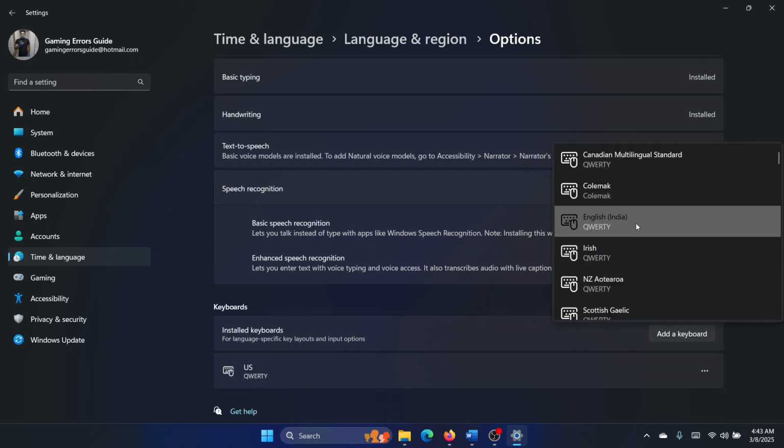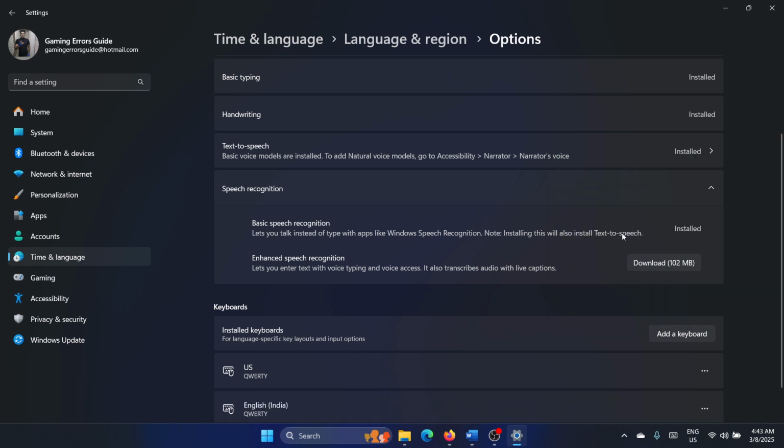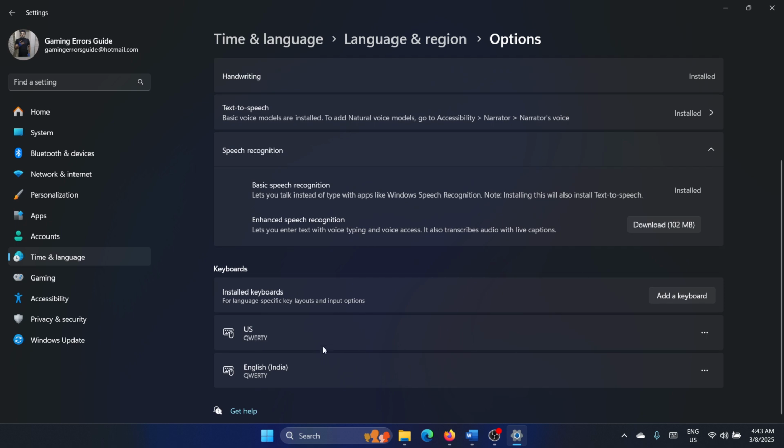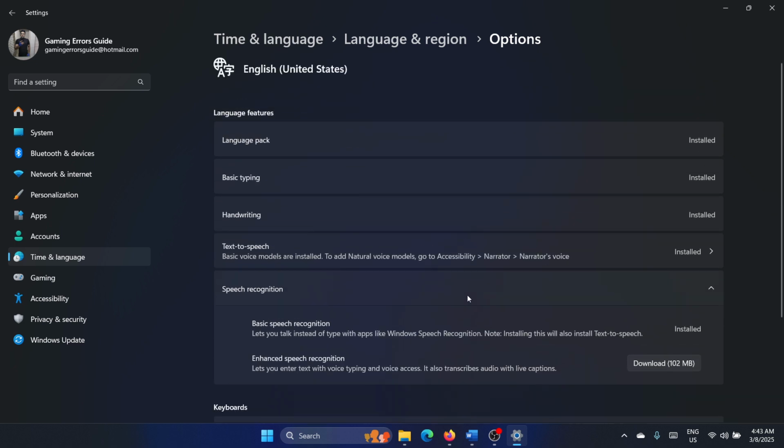And then you can choose a different kind of keyboard, though they are almost the same if it is English, but still. Okay, so we already had US QWERTY here, and now we have English India. So if I want to make it the primary one, you can just keep it here, and then you have this option. So now your keyboard would recognize both of them. This is the case. Okay,